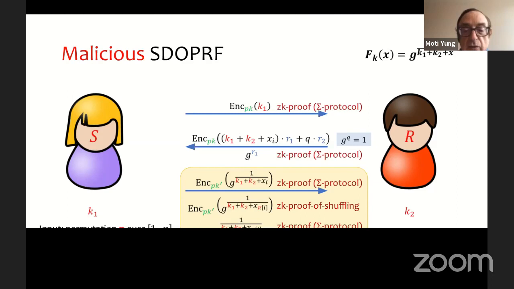And then you add here a zero knowledge proof of shuffling and kind of commitment between this final element and this encryption and commitment to G to the R. It's another zero knowledge proof. Shuffling proofs are known. Groth works a lot on this domain to do it efficiently, and we can pick an efficient component.